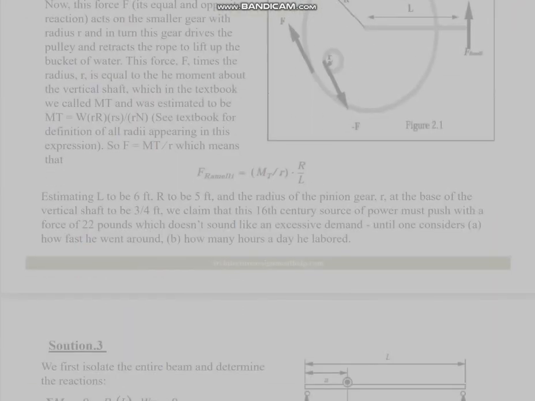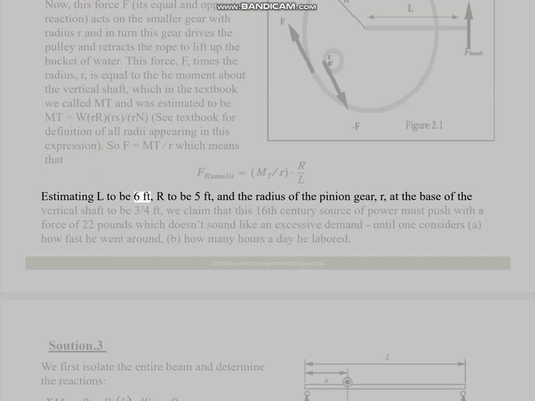Now, this force F, its equal and opposite reaction, acts on the smaller gear with radius R, and in turn this gear drives the pulley and retracts the rope to lift up the bucket of water. This force F times the radius R is equal to the moment about the vertical shaft, which in the textbook we called MT and was estimated to be MT equals W R_R R_S / R_N. See textbook for definition of all radii appearing in this expression. So F equals MT over R, which means that